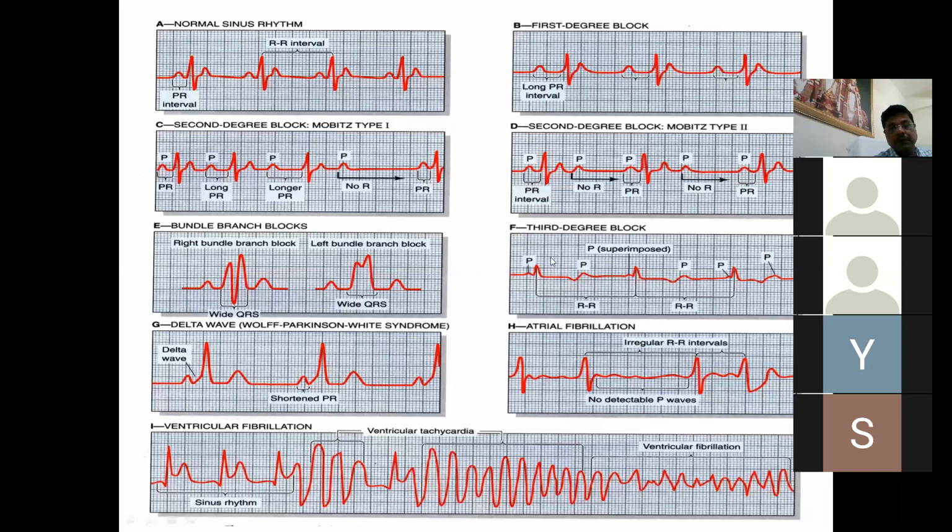Third degree heart block. Third degree heart block is also called as